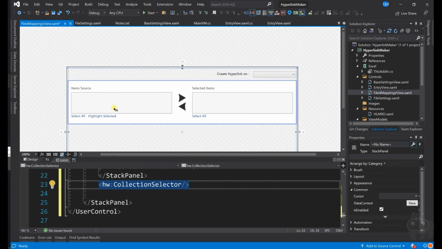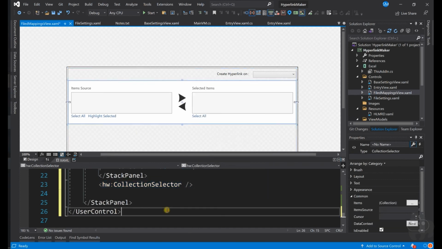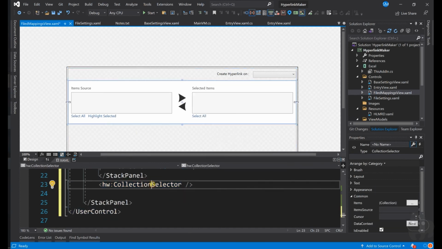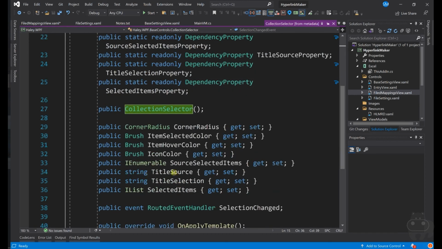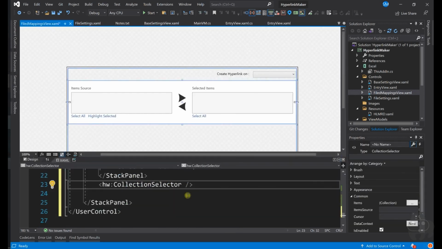So basically we will get all the details about all the field details or file details, and from here we select something and your selected items will be here. So basically these are the items which will be then created or mapped. If you want to see what else it has, press F12 over this and it will open up the item. So it has selection change property, corner radius, item hover property, and you have something called title source and title selection. That's what I was looking for. So if you give title source, then the sources available fields.